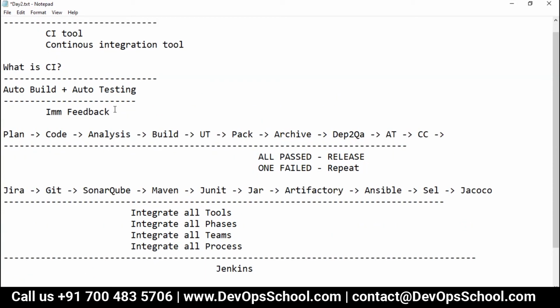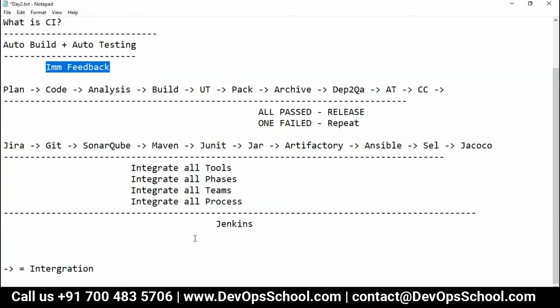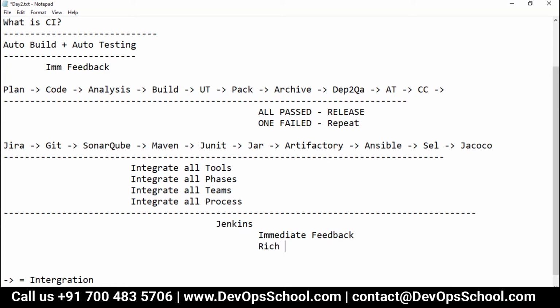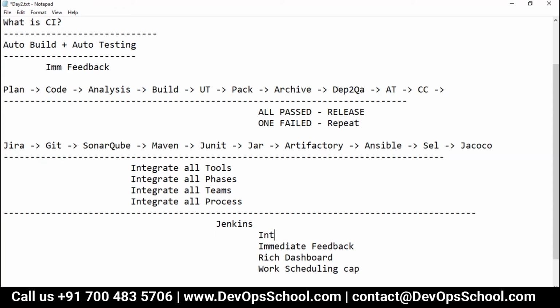On top of that, you forgot this immediate feedback. So guys, Jenkins has many capabilities: immediate feedback, a rich dashboard, job scheduling capability, tools integration capability.